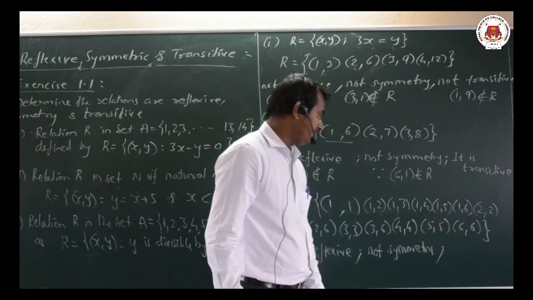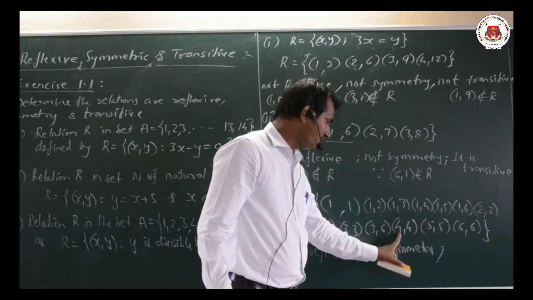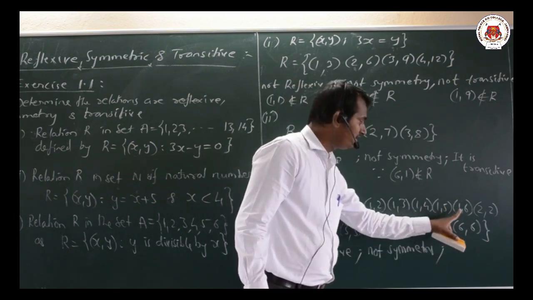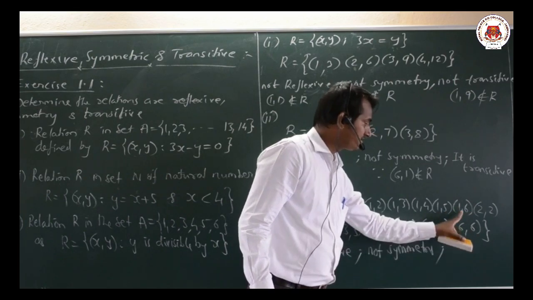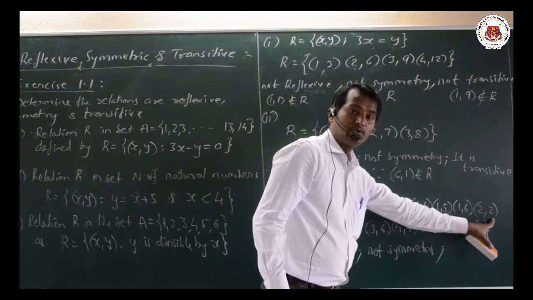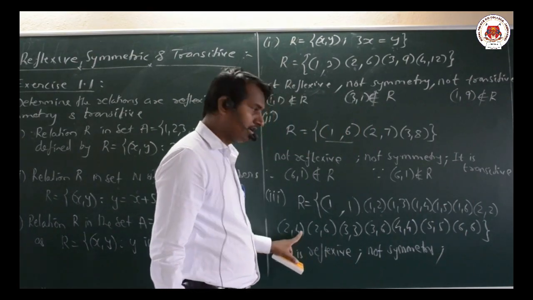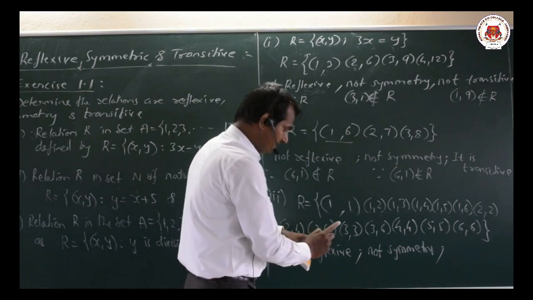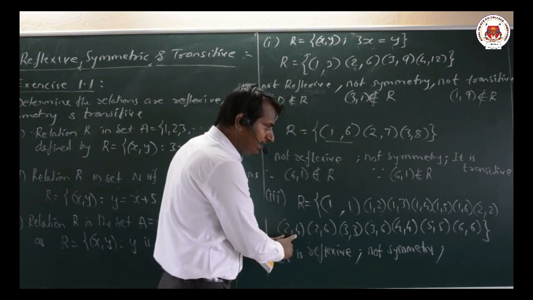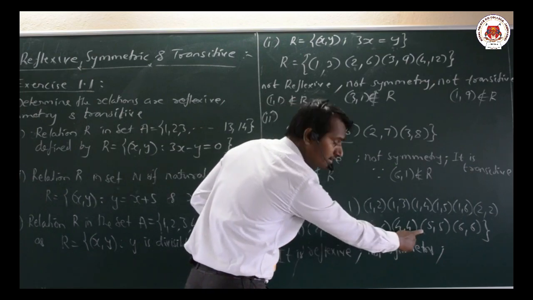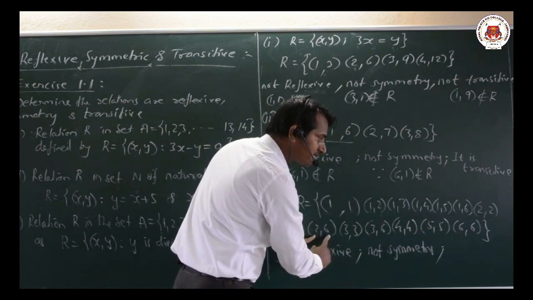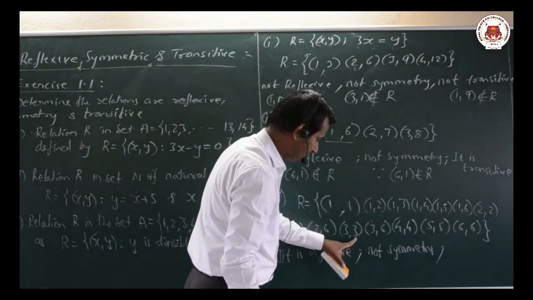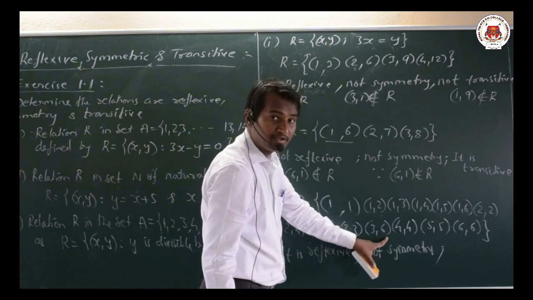Next, 1 4 is there, 4 4, again we have 1 4 here. 1 5, 5 5, again 1 5 is there. 1 6 is there, 6 6, again 1 6 is there here. We are having 2 2, starting with 2 means 2 4, again 2 4 is here. 2 2 means 2 6, again 2 6 is also there. Similarly we can start with the remaining things. 2 4, anything starting with 4 here, 4 4 is there, again 2 4 is there, 2 6 is there, 6 6 also there, that implies 2 6 is also there. Similarly 3 3, we have 3 6, 3 6 also here.